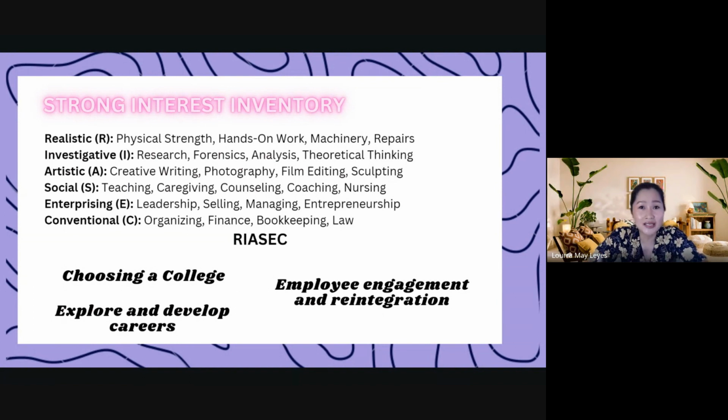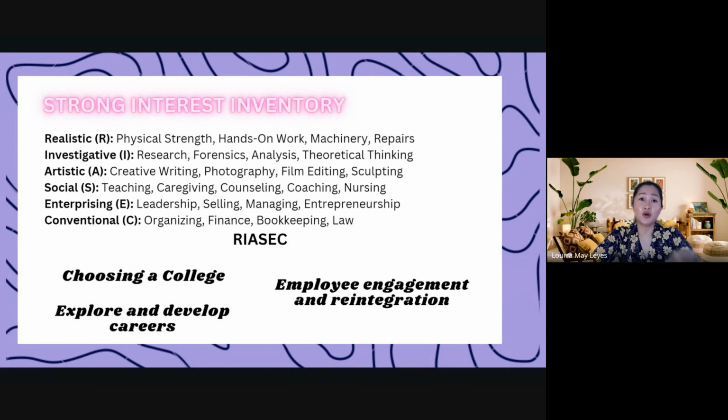sa master's degree. For example, your baccalaureate degree is Bachelor of Science in Biology, and then your master's is in educational leadership or educational management. So kung if you want to pursue a career in college and you want to become a professor, parang magkakaroon ng challenge doon dahil hindi aligned ang iyong master's doon sa iyong baccalaureate degree, which is dapat on the onset